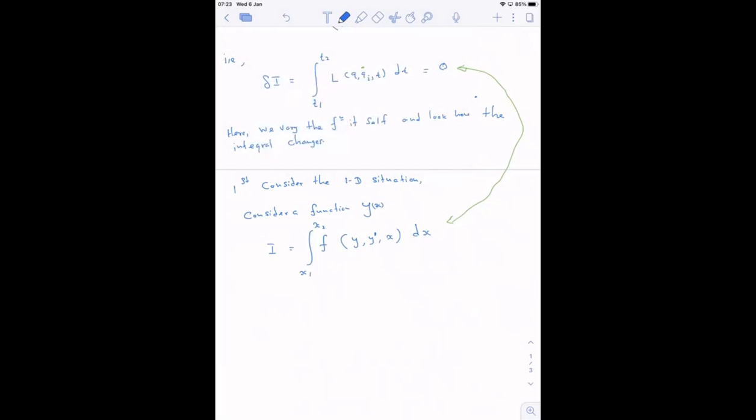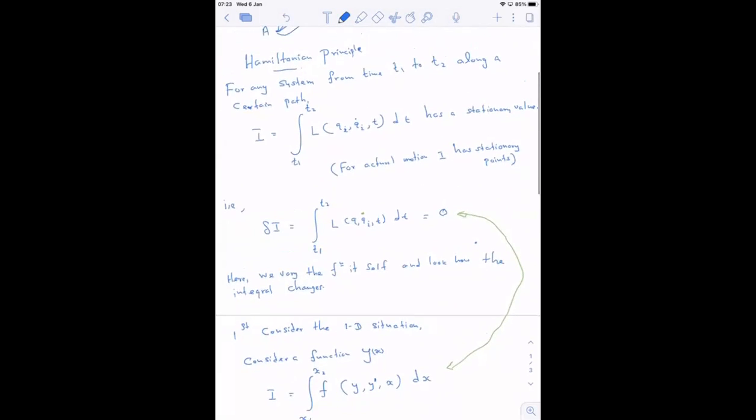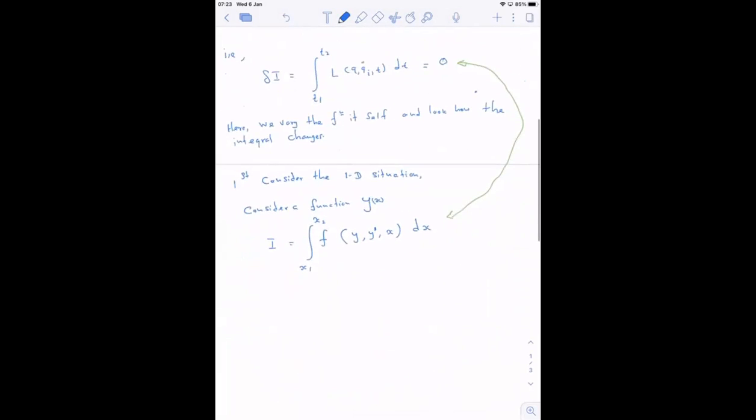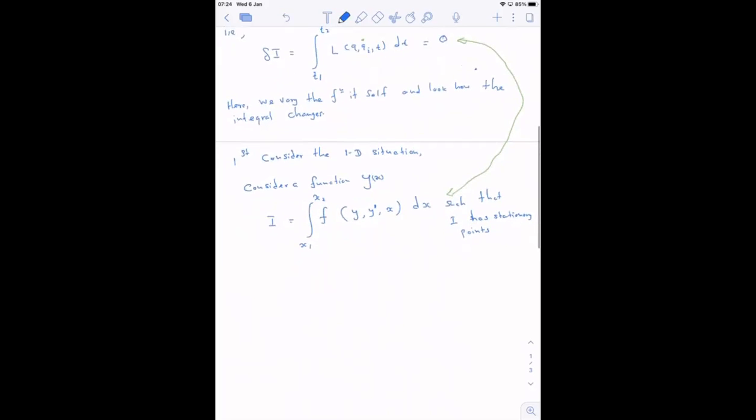So I'm looking at such that I should have a stationary point. So this is my condition, right? So if I draw this in a diagram,